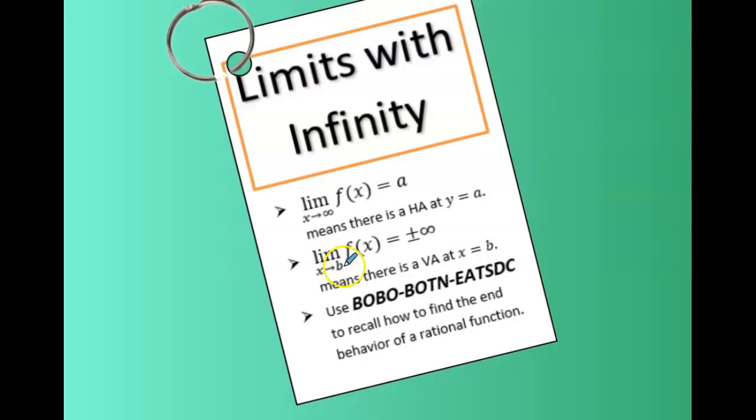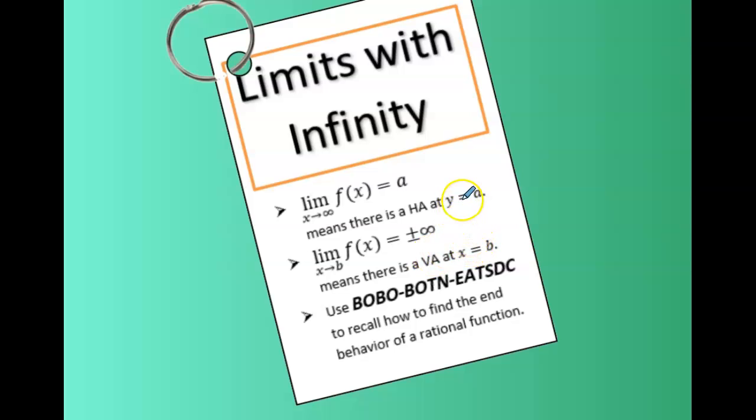When the limit as x approaches b of the function f is headed to positive or negative infinity, that limit does not exist, but we indicate the direction that the function is headed as it approaches b as either up toward positive infinity or down toward negative infinity, and that tells us that there's a vertical asymptote at x equals